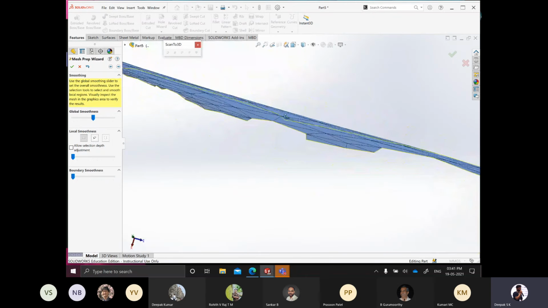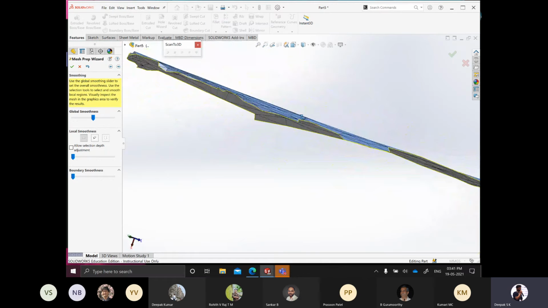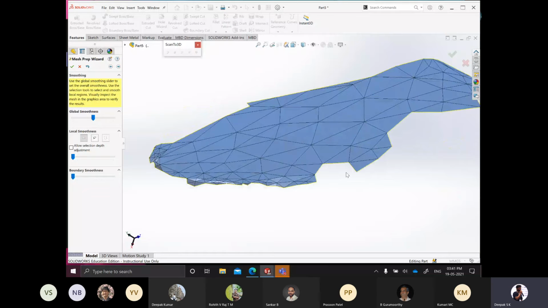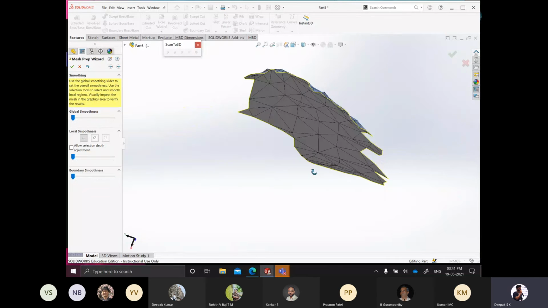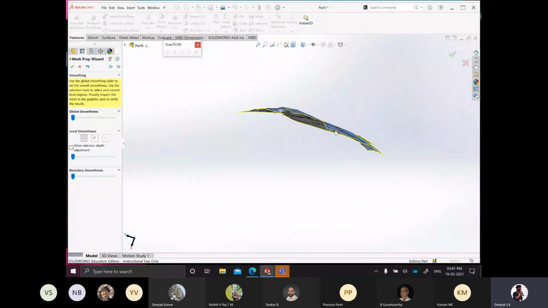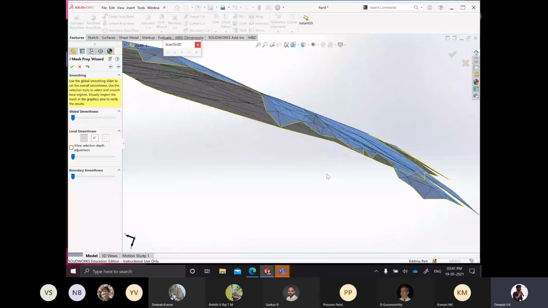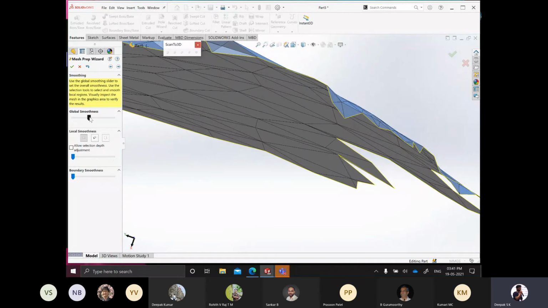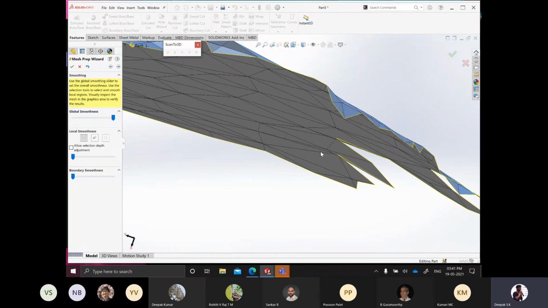You can see that the model here, the curve, the patches across, is smooth. This is something like C2 continuous. When the smoothness is 0, a perfect way of defining it is like C0 continuous. They are in contact, but they are not smooth. When you increase the smoothness, it is analogous to getting C1 continuity. And if it is super smooth, then it is analogous to getting C2 continuity.